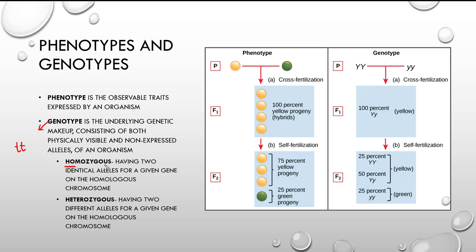Okay, so she, in this case, is homozygous recessive for the PTC or bitter taste gene. But her parents, remember, they could taste the bitter taste, so they have a dominant allele, right? Her mom has a dominant allele, her dad has a dominant allele. But they're her parents, so they gave her a recessive allele, so they must have a recessive allele. Each parent must have given her a recessive allele for her to have